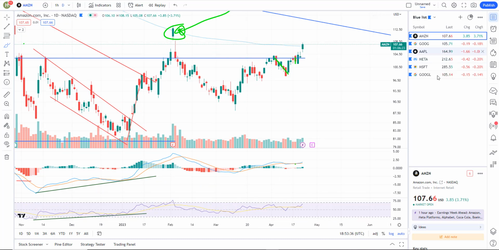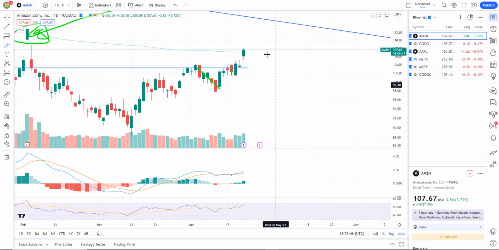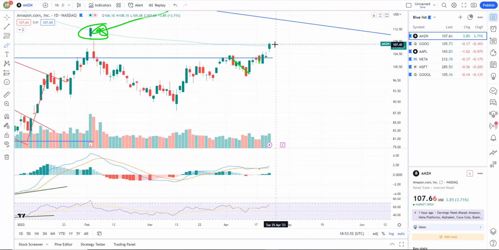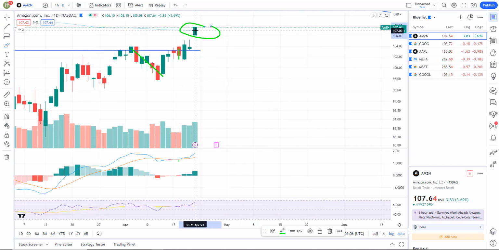Typically, all the FANGs are down, but Amazon's up. And then when Amazon's down, some of the other FANGs rise up. It just looks like topping price action to me. Amazon is popping above the 200-day moving average, and I don't think it's going to hold. I suspect they'll sell it down and it will close at or below the 200-day simple moving average by the end of today.